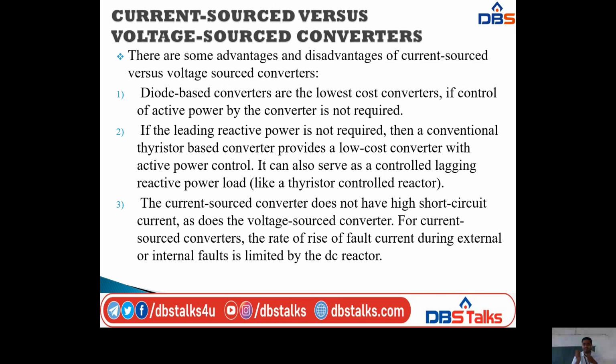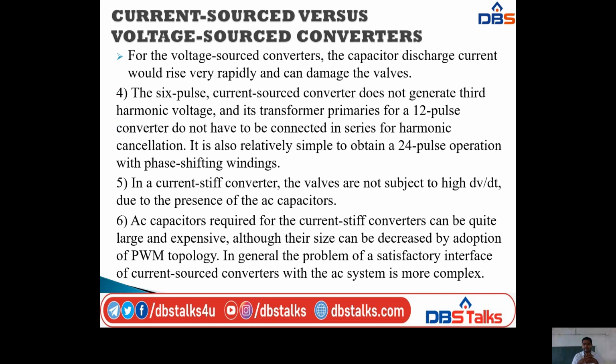So for current source converters, the reactor limits the current. For the voltage source converters, the capacitor discharge current would rise very rapidly and can damage the valves. Next, coming to the fourth one, the 6 pulse current source converter does not generate